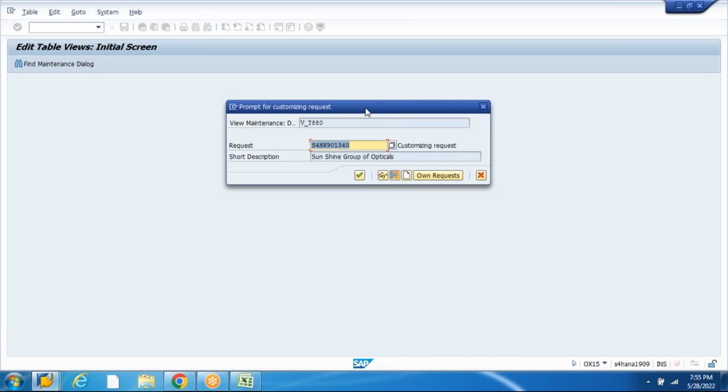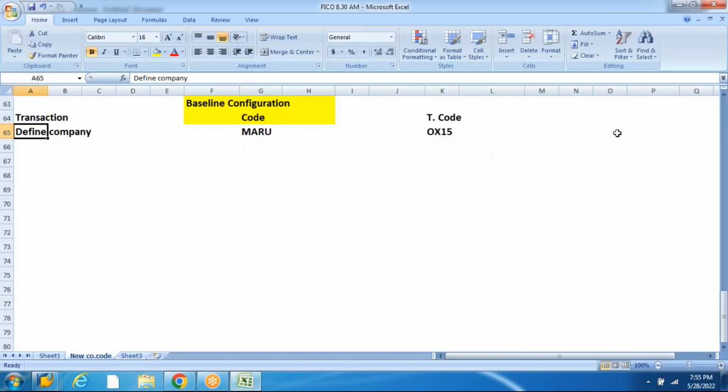All of your configuration is performed in which system? Development, sir. Development system. Development client, development system. Now, if we write something here,